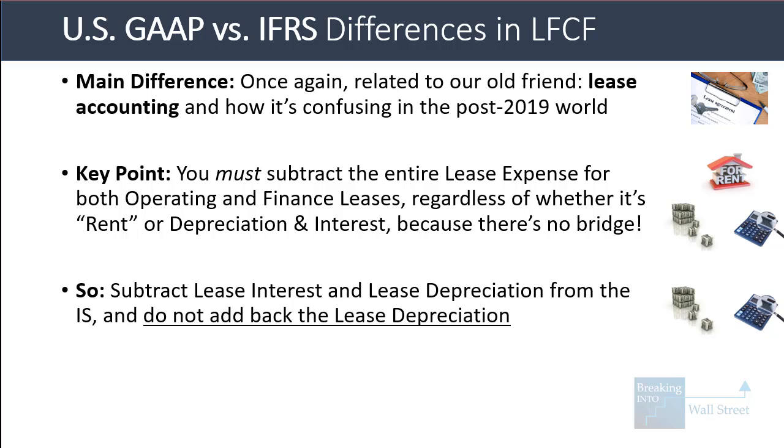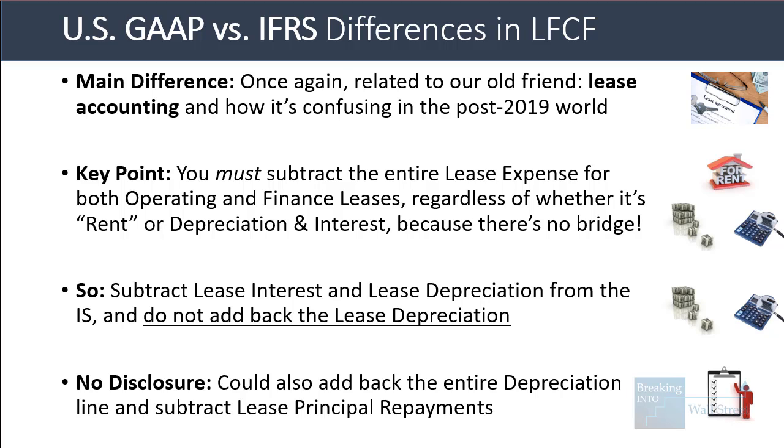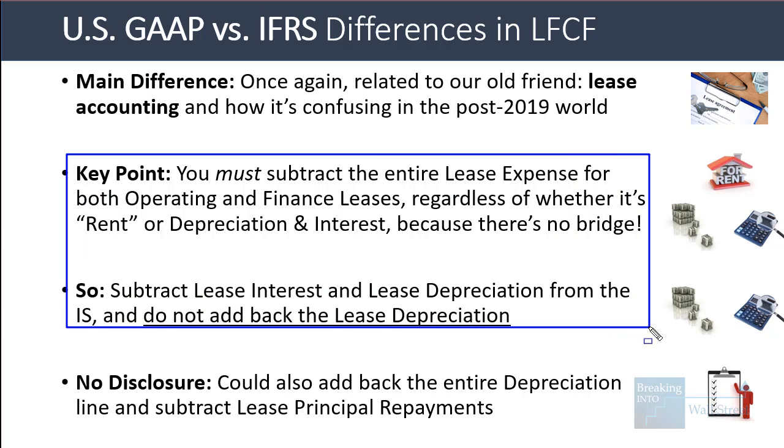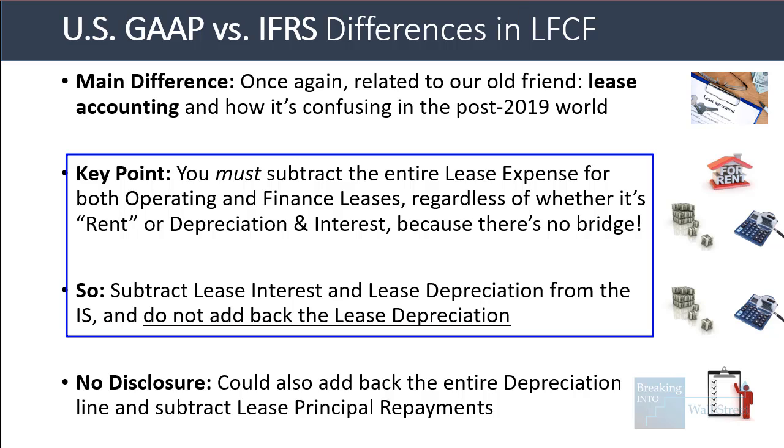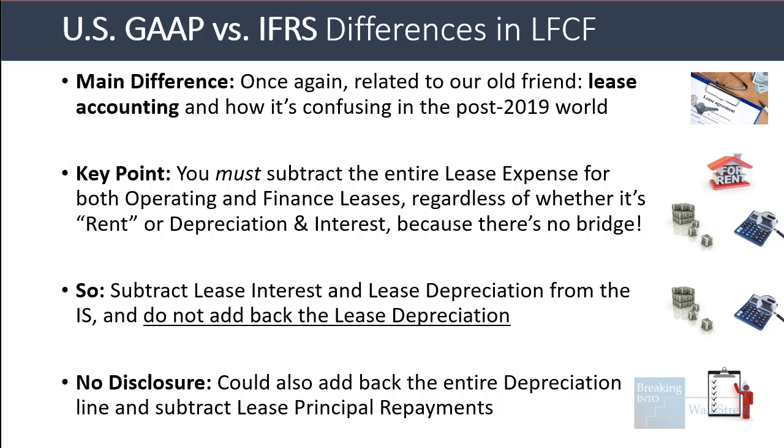So you have to subtract all components of the lease expenses here, and you don't want to add back anything in the calculation. If the company doesn't disclose this information, you could also just add back the entire depreciation line and then subtract the lease principal repayments, which should be in cash flow from financing. But I think it is a little bit easier to do it this way and to just subtract everything to get to net income to common, and then do not add back lease depreciation when you are calculating levered free